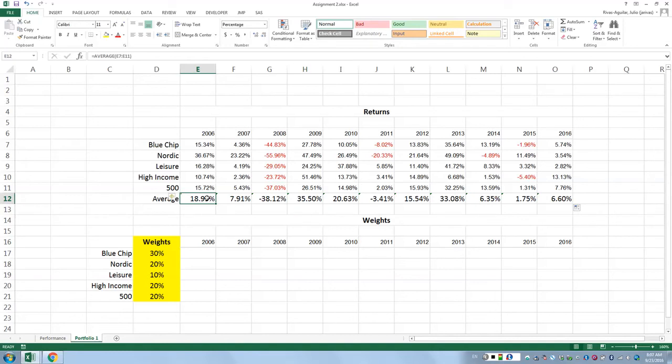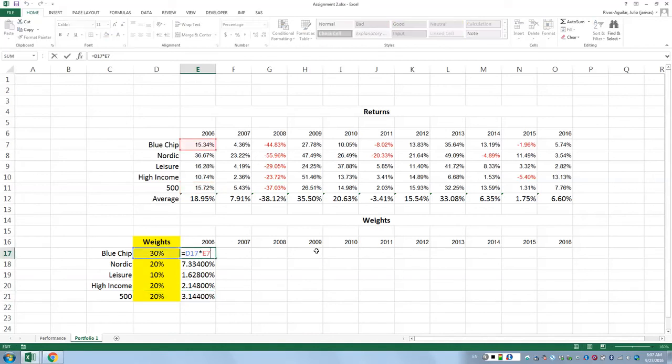Now, this number right here, it's not true for this portfolio, since we are investing different percentages in different stocks. Therefore, what we're going to have to do is multiply our weight times the return, right? Weight times the return, and if this is correctly set, we can drag down and we can get the answer, right?